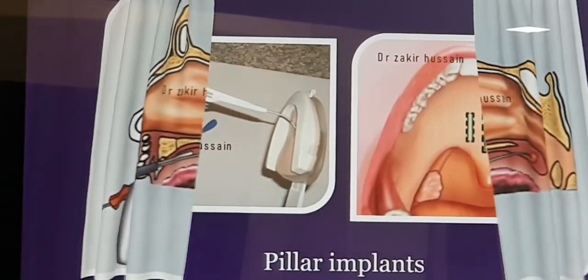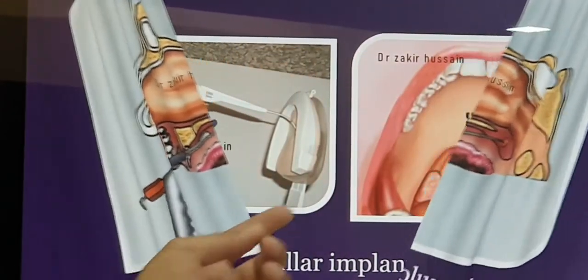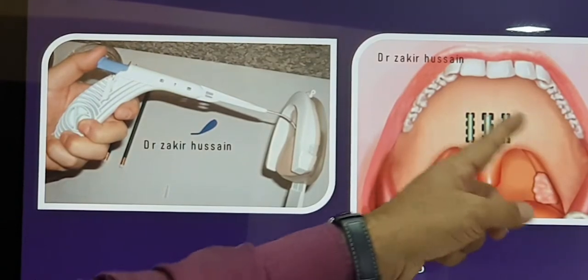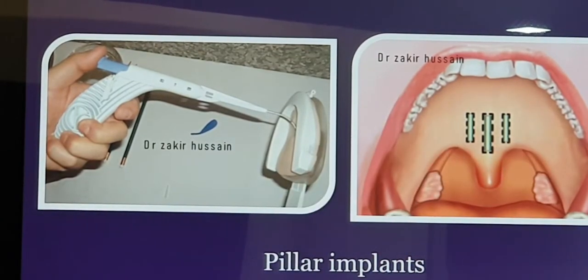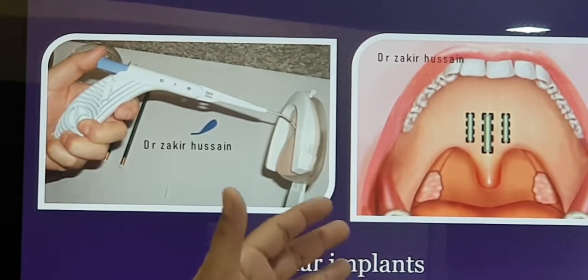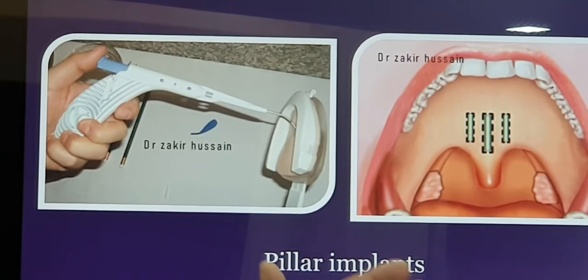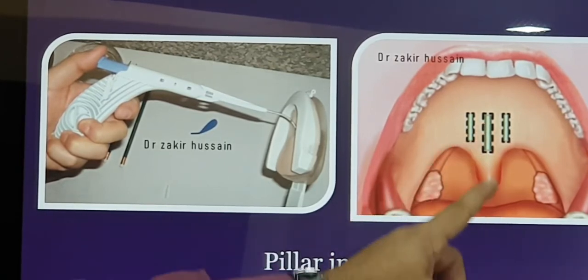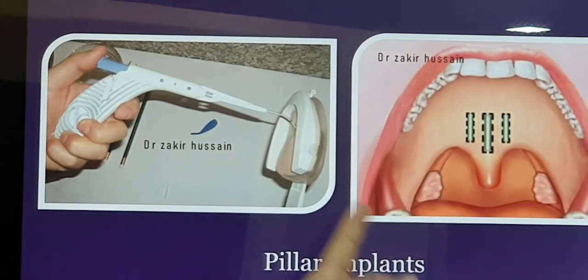The second one is we can implant pillar implants in the soft palate to make it stiff. This also can be done along with other surgeries in the operation theatre, or just the pillar implant alone can be done as an outpatient procedure also. In this picture I have shown you 3, one midline, one on either side. A maximum of 5 in total we can implant, depending upon what the patient needs,